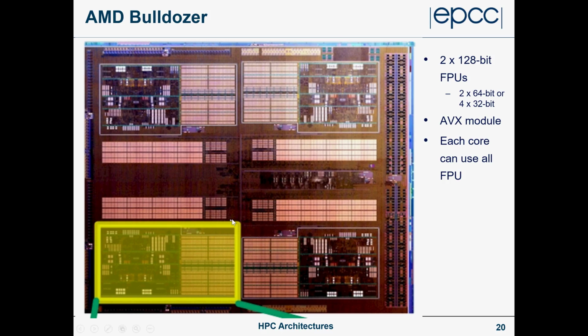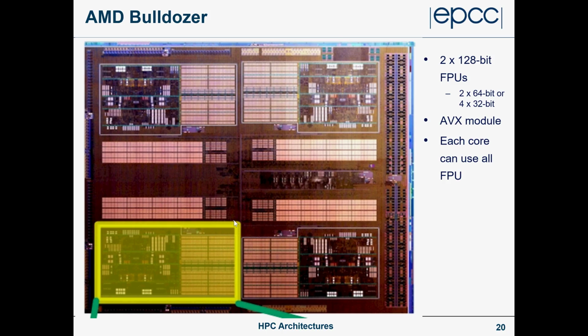So each one of those could run 2 64-bit double precision floating point numbers at once, or 4 integers. And this was shared between 2 cores. So each core could use all of a floating point unit, or they could have half each. And this was done at a sort of software and instruction scheduling level. In practice, it didn't really end up making much difference to the performance of parallel or scientific programs we